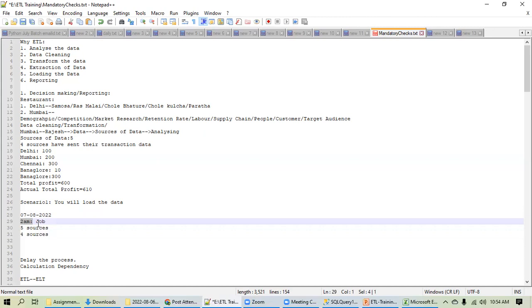We will discuss all those things, why I want to run the job at 2 a.m. at night. What is the reason? You can ask the question, Tanvir, why have you scheduled the job to run late at night? A lot of reasons are there. We will discuss all those things. And this is a very important parameter for an ETL project: at what time you want to load the data.